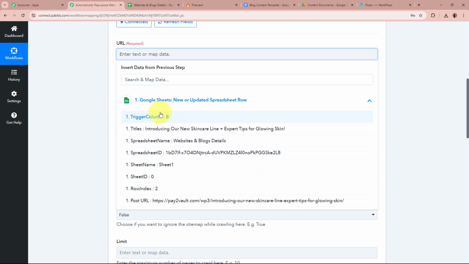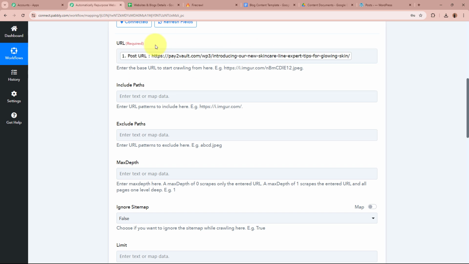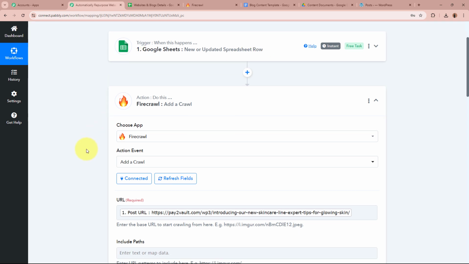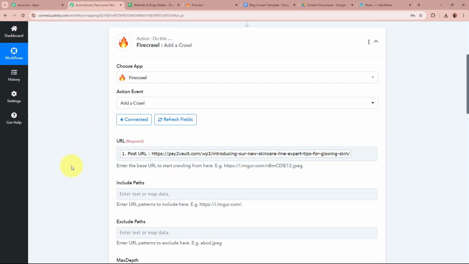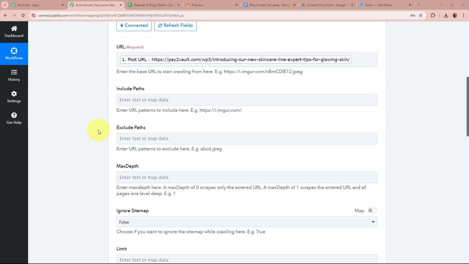So what I'm going to do is, from my previous response, I'm going to select the URL data, okay? As I've selected data from my previous response, the data is mapped. And as I map the data, it has now become dynamic. That means whenever a new response is captured in our previous step, the new data is automatically going to be updated in place of this mapped data, okay? So as I've entered the URL from which I want to crawl the data, next over here